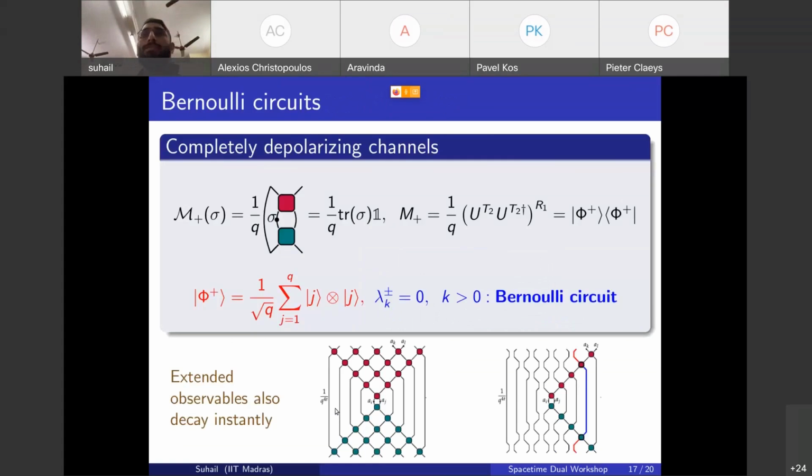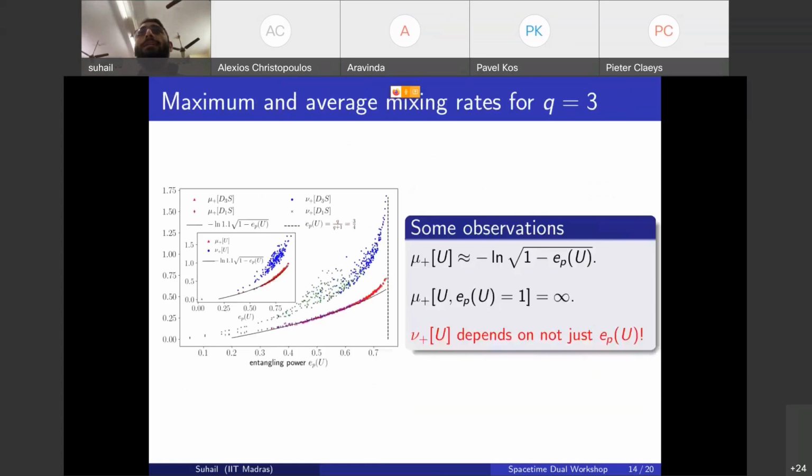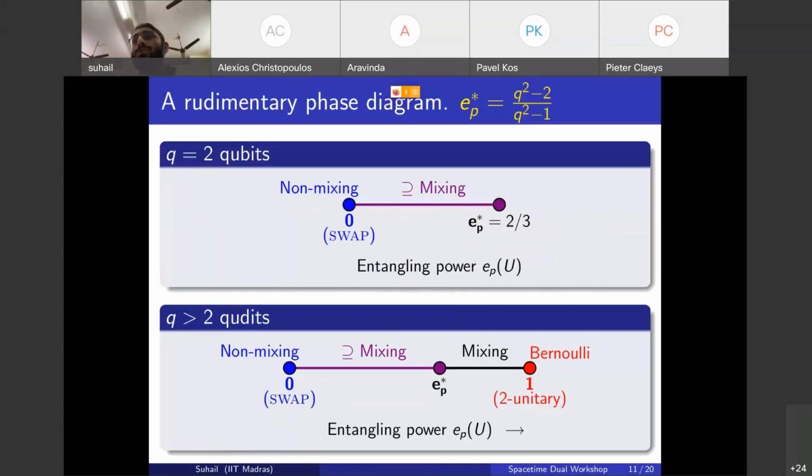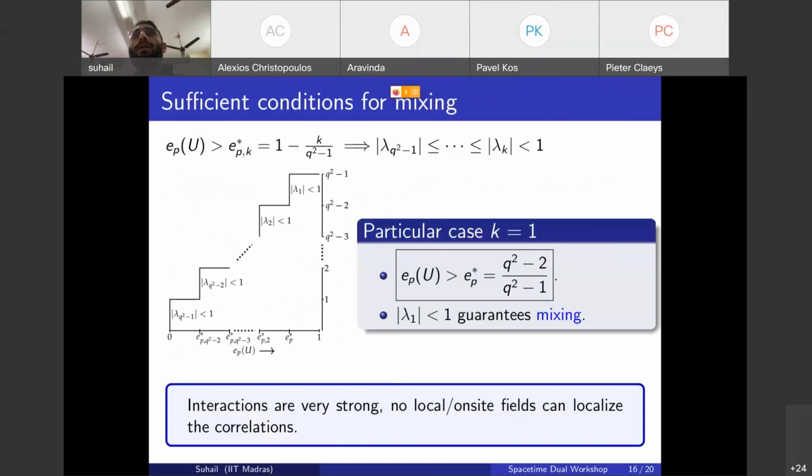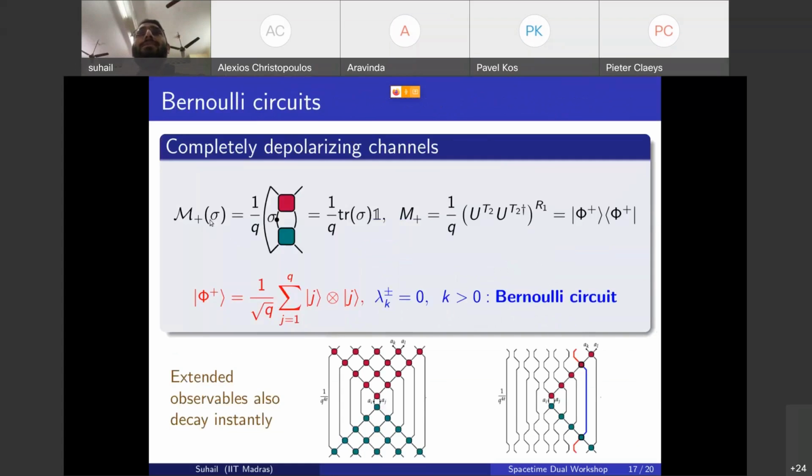And I actually forgot to emphasize this. So there is mixing, and at the end there are the Bernoulli circuits which we introduced. The Bernoulli circuits, as was shown over here, also correspond to dual unitary operators which are two-unitary. So you make the dual unitary brick wall construction using these two-unitaries. The corresponding circuit will be Bernoulli, which we will see over here, and it is easy to see, because in this case m plus of sigma is pictorially given by this, and it reduces to just